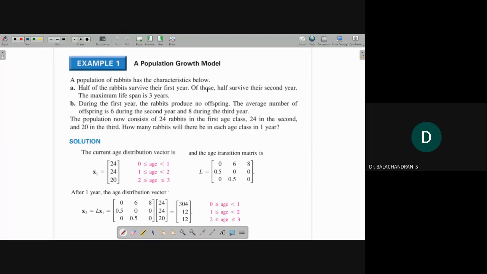Of those, half survive their second year. The maximum lifespan is 3 years. Next, subdivision B. During the first year,